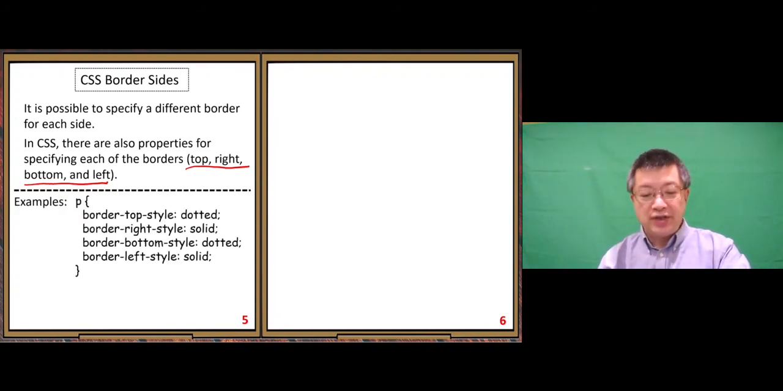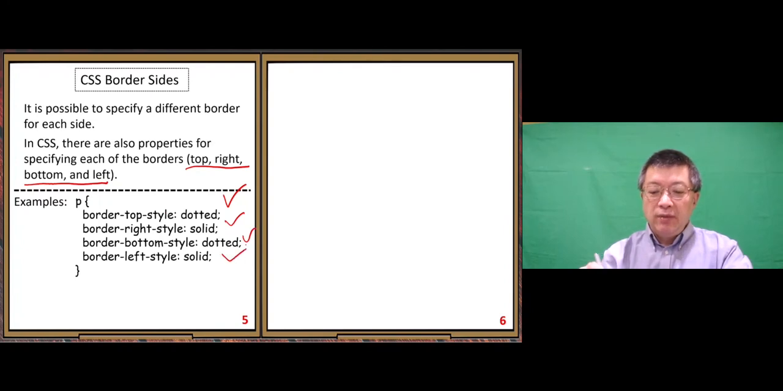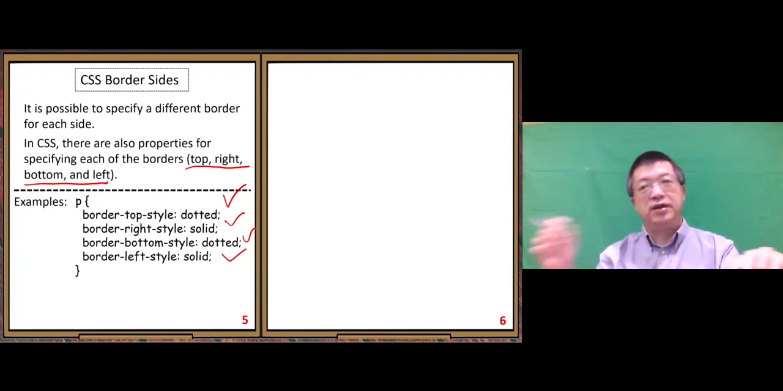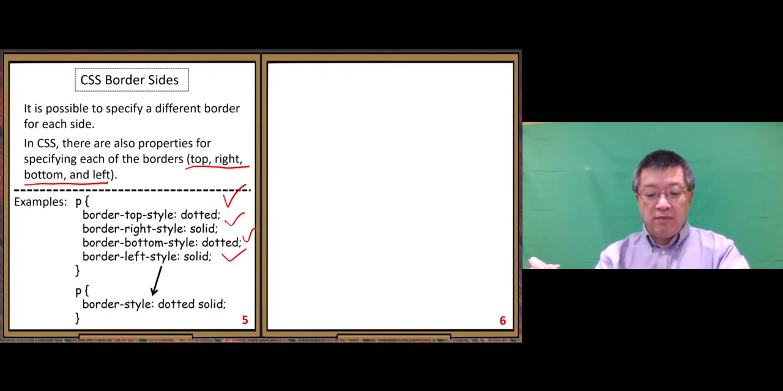So for example, let's look at this. We can specify one by one, right? So top, right, you know. When you do this, the order doesn't matter. So you can use any order you like. The order doesn't matter, because there is no confusion for the browser. The browser can understand it easily. Okay. But